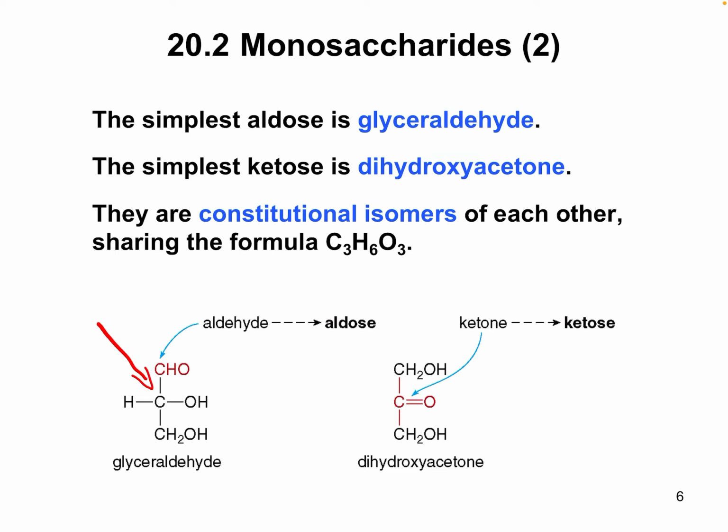So note that glyceraldehyde is the smallest aldose sugar that exists, whereas dihydroxyacetone is the smallest ketose sugar that exists. They both have the chemical formula C3H6O3, which means they're constitutional isomers of one another. Remember that definition? Back in chapter 11, we talked about that. Two compounds that have the same chemical formula but different order of attachment of atoms. All right, so you can see in this case they have different functional groups even though they have the same